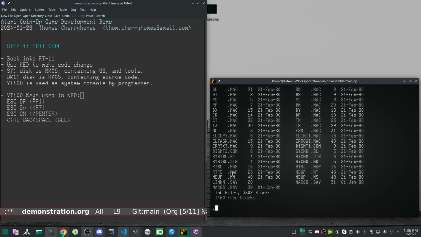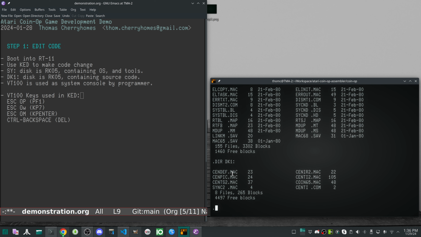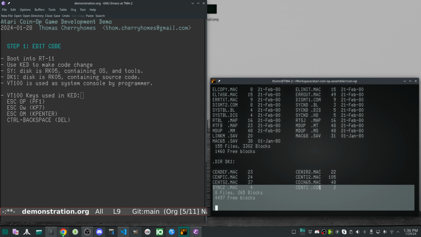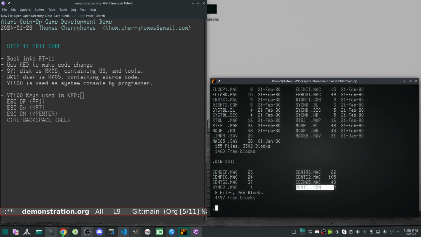So we also have DK1, which contains our source code right here, as well as a command file for building all the bits and pieces together. And if we actually take a look,